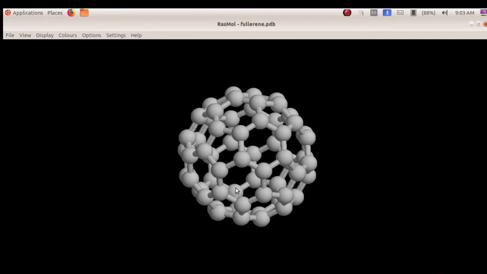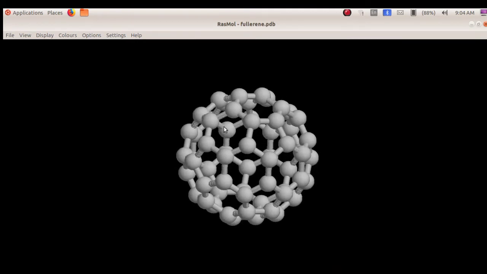When we give basic facts as file input, usually files with the extension Protein Data Bank, or .pdb, are given as input. Now we have given the input, that is the fullerene molecule, in the PDB file. PDB means Protein Data Bank: P for protein, D for data, B for bank. So the file extension that we are giving as input is .pdb. You have to keep this in your mind.